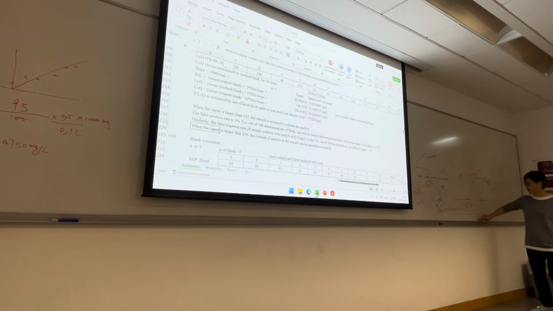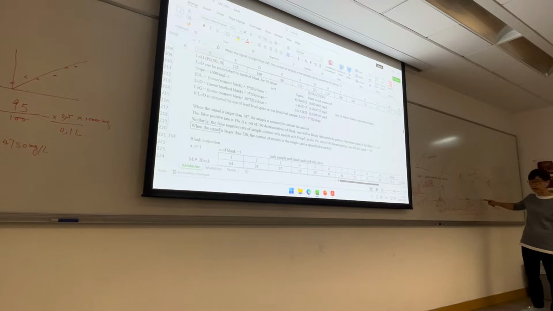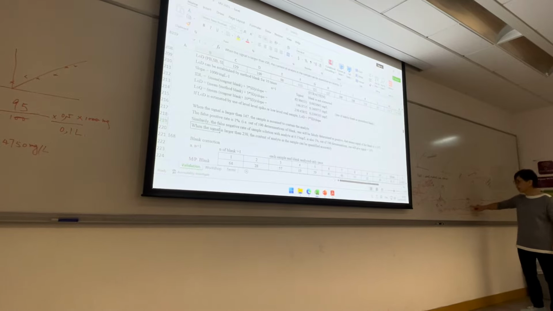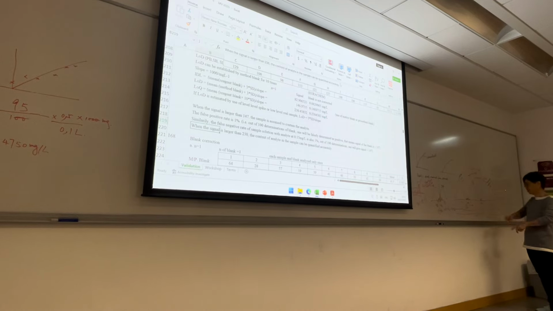That means at 0.15, it should give a signal also in normal distribution. The mean signal will be much larger than that at 147, okay? But if we set the LOD, the cutoff at this signal, then 50% will be false negative. Understand now? So here,